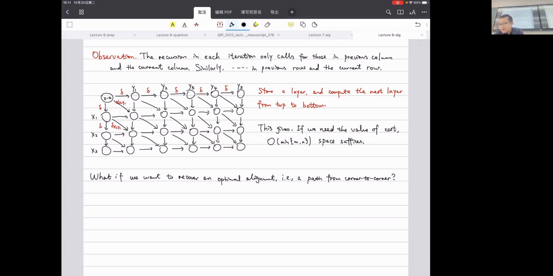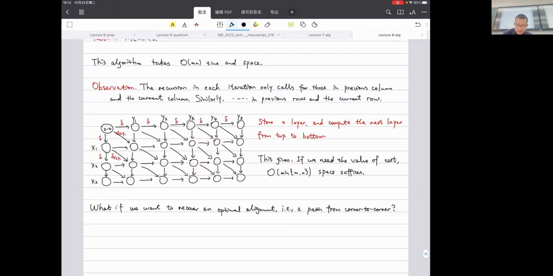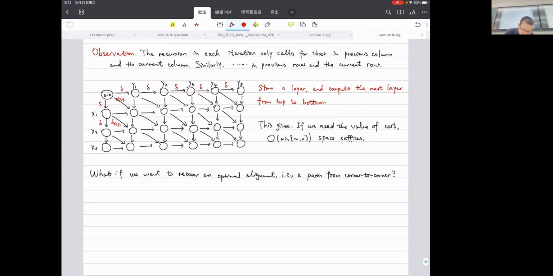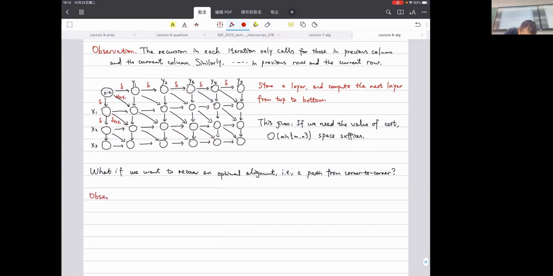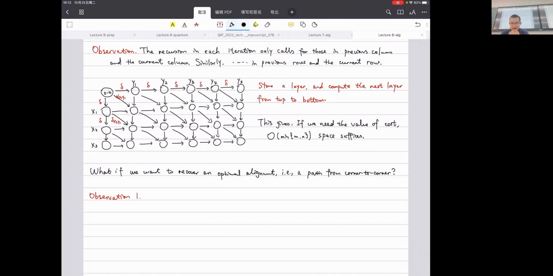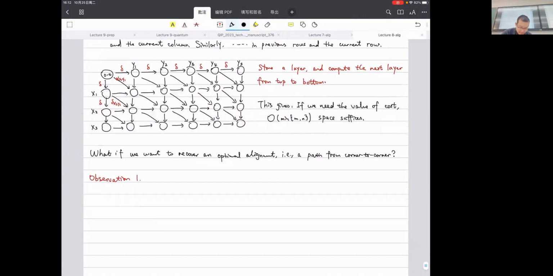Okay, so let's get into the details here. Let's think about what is a good way to approach this. We can base it on some further observations that we can see here. So observation one. This is a directed graph that we can think about a little bit differently. For instance, denote